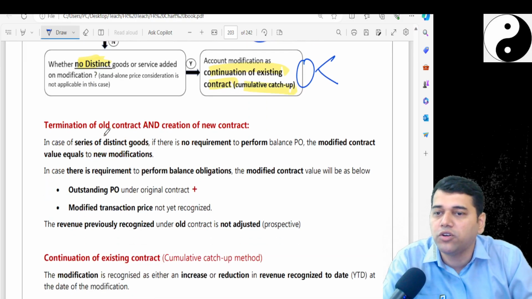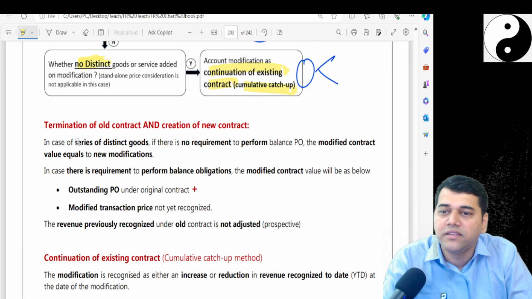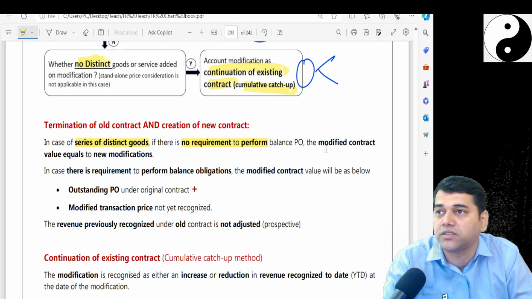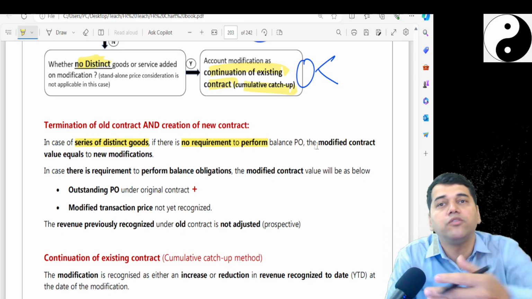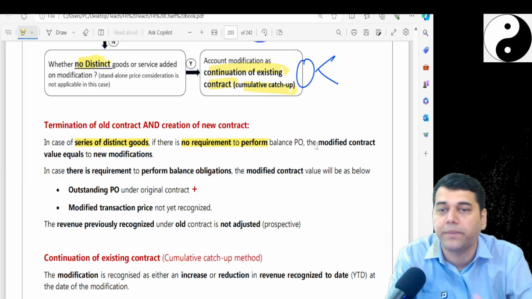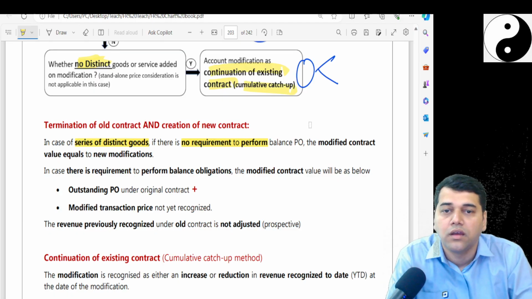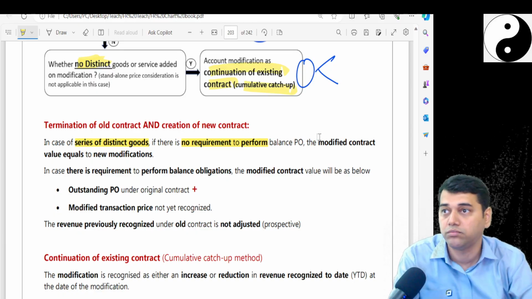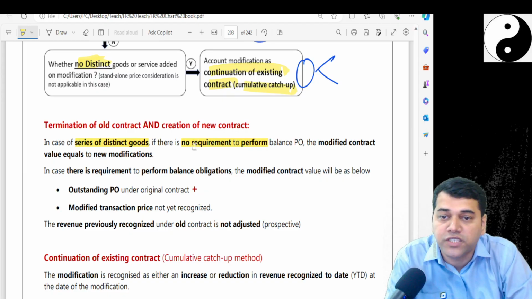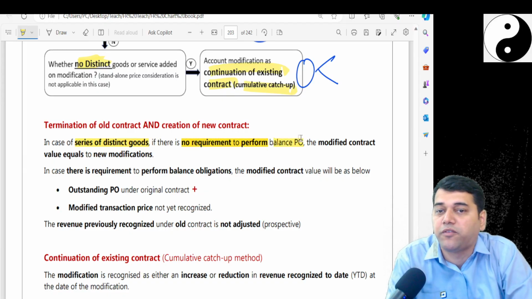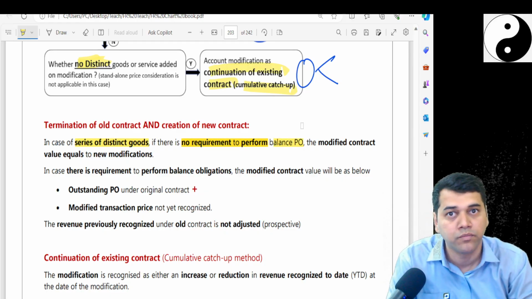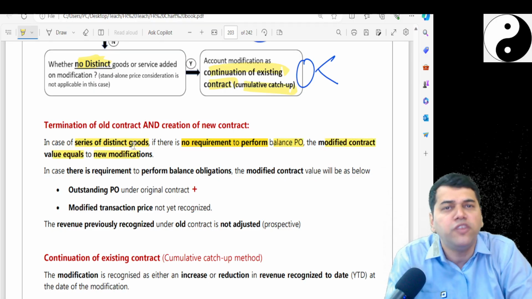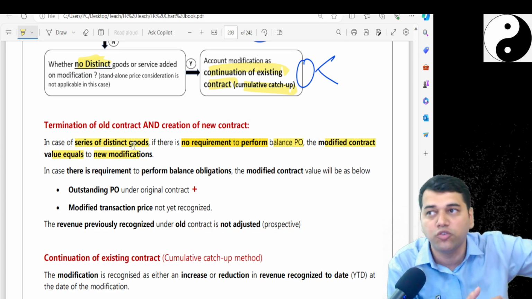So termination of the old contract in the series of distinct goods, if no requirement to perform the balance performance obligation, like there is a series, I have given the cleaning services. After 6 months, I will stop it. And I say, okay, give me these cleaning services there, and that is a bigger room. Now, if there is no requirement to perform the balance performance obligation, the moment I shift you to a bigger room, this room need not be cleaned. The modified contract value will be equal to the new modification. So whatever I have to pay you for the next 6 months in the new room,